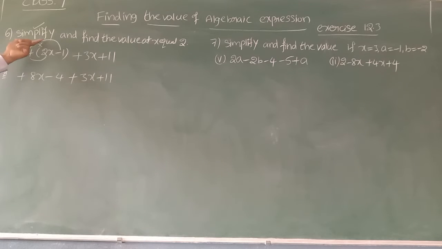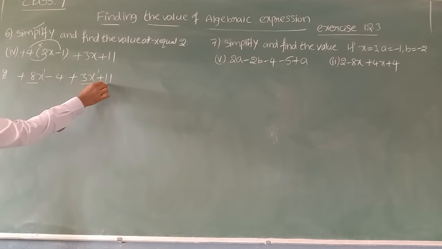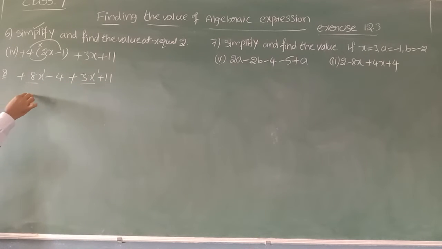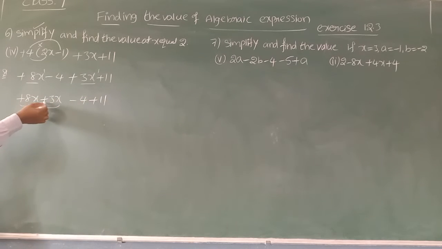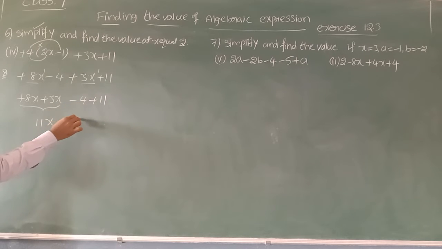Now we need to simplify. Identify the like terms and write them together. I can see these two are like terms. Same variable x, same power 1. So those two like terms we write together. Even the constants are like terms. We write them together. Plus 8x plus 3x together we can write, both are like terms. You can simplify them. Same variable, same power. Then minus 4 plus 11. Both have the same symbol, so addition. 8 plus 3, simplify the coefficients, 11, and the variable term is as it is. Minus 4 plus 11, we can write plus 7. Yes, now we have simplified. We can't simplify more, the reason being both are unlike terms.